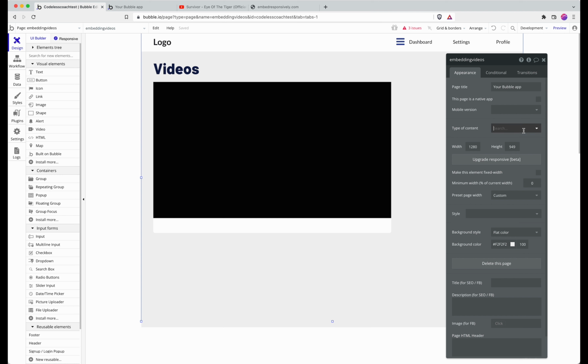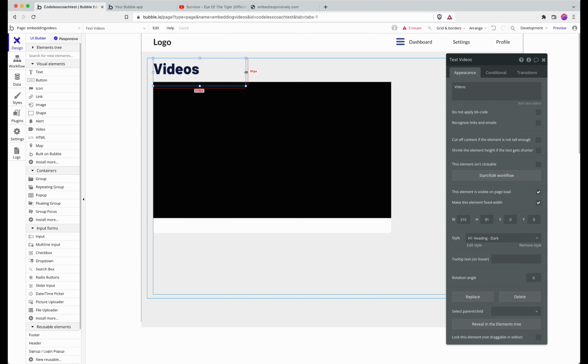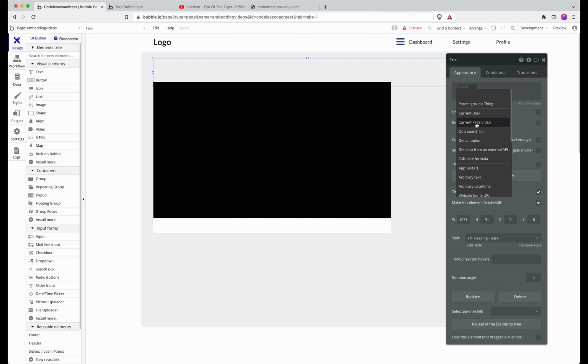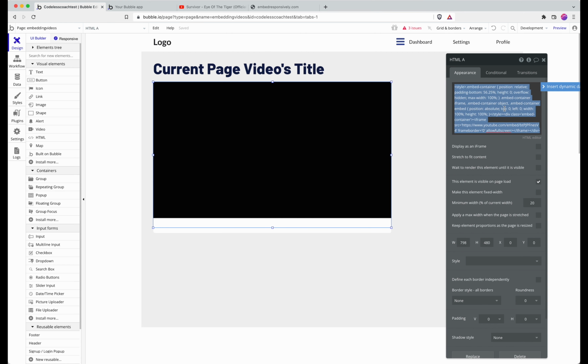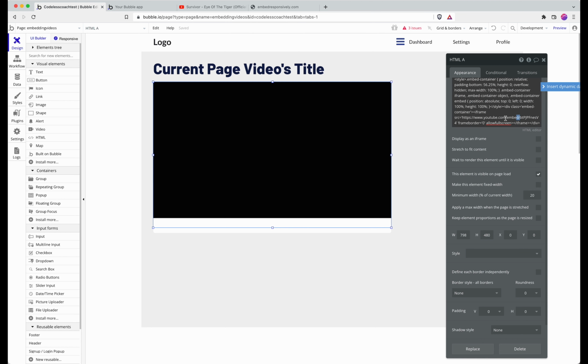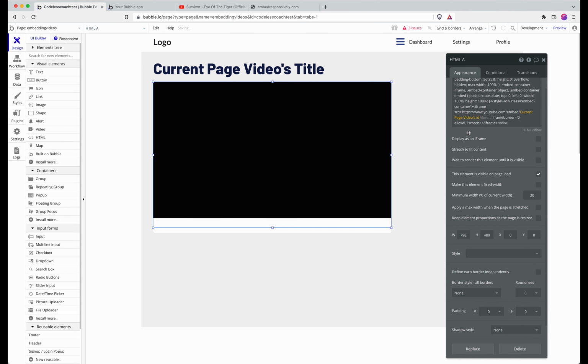So we're going to change the content type to the data type we created, video. I'm then going to make this a little bit larger. And instead of just saying videos, I'm going to say current page video title. And then in my container here in the HTML, I'm going to set just this bit to be dynamic. So current page video ID, and then if I hit preview,